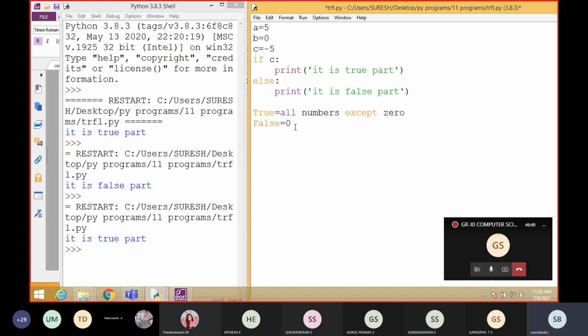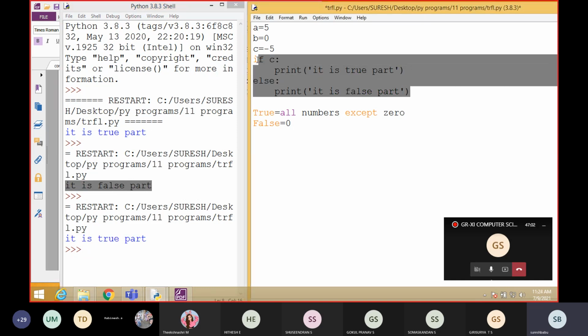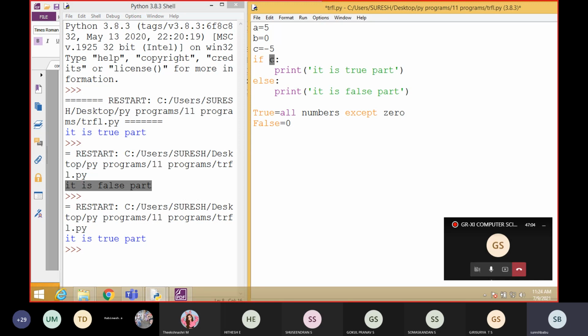So that is what we are getting in this output. See, +5 also shows the true part, -5 also shows the true part, but 0 shows the false part. We didn't give any value. Instead of values, you can also directly give true or false. It will just read the value as true or false.